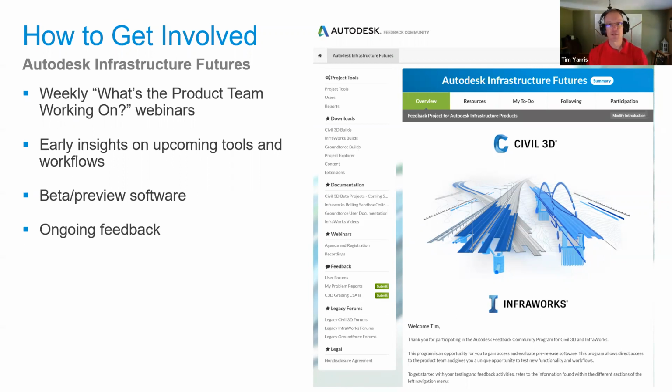And then as the software evolves, we still post our betas up on this portal whenever betas are available. We have a couple of beta programs up there right now for a couple different products. And it's a great way for us to make sure that we have a well-rounded solution for each of the things that we're working on before it actually gets into the customer's hands. So it's been a really great way for us to interact. This is almost like our global user group that Autodesk sponsors, if you can put it that way.